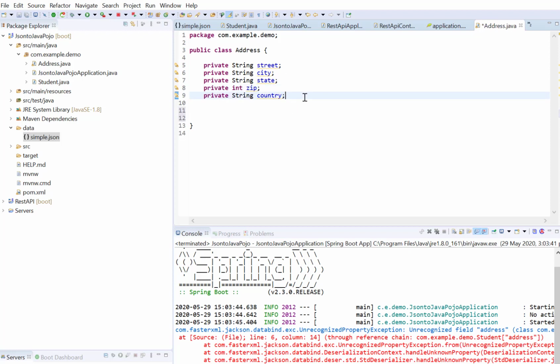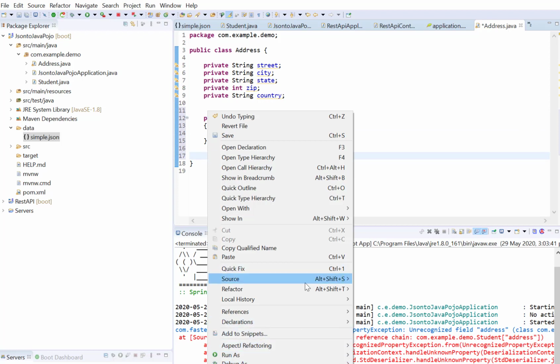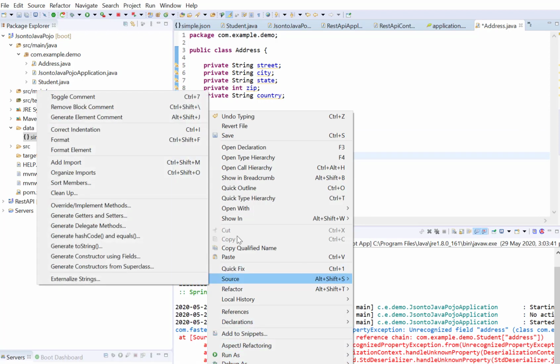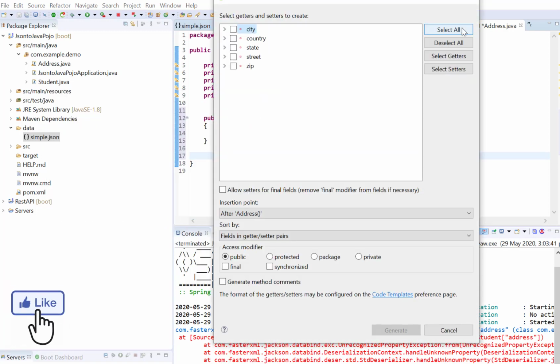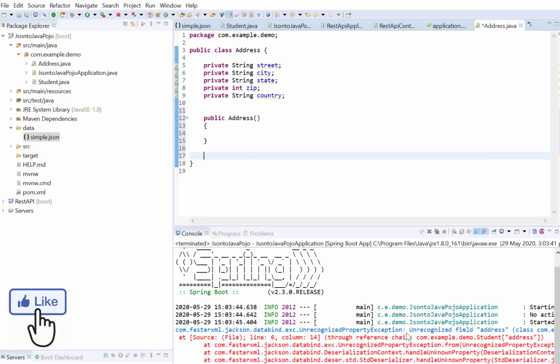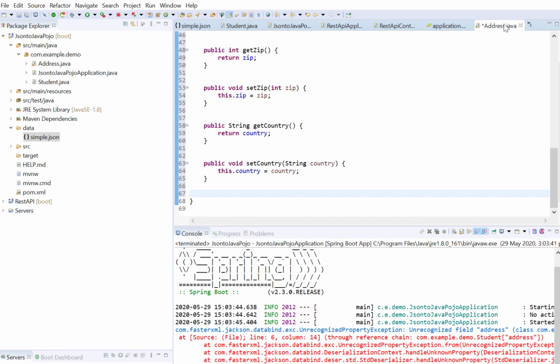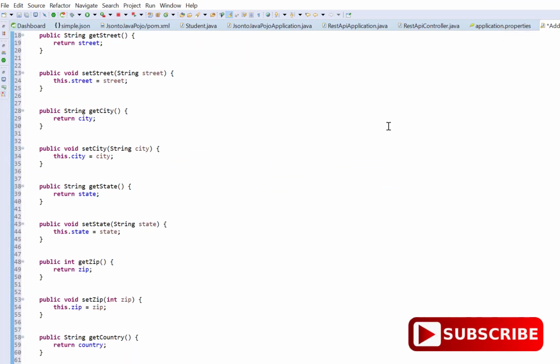Now I will create one constructor. After that, I need to generate getters and setters for these fields. Select all, generate. Now I got the getters and setters here.